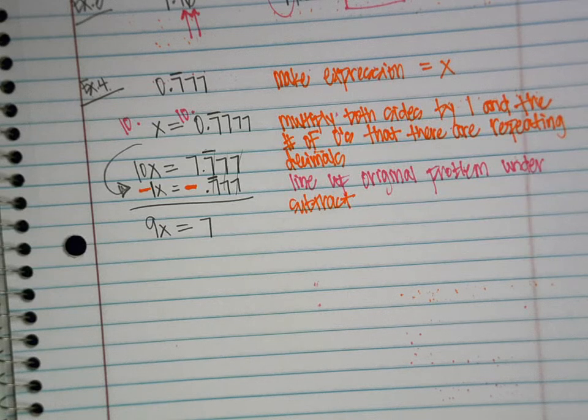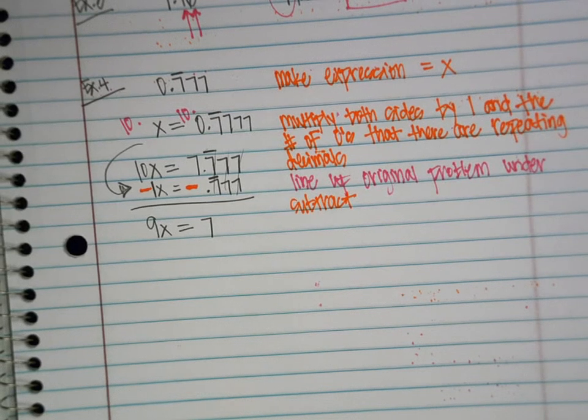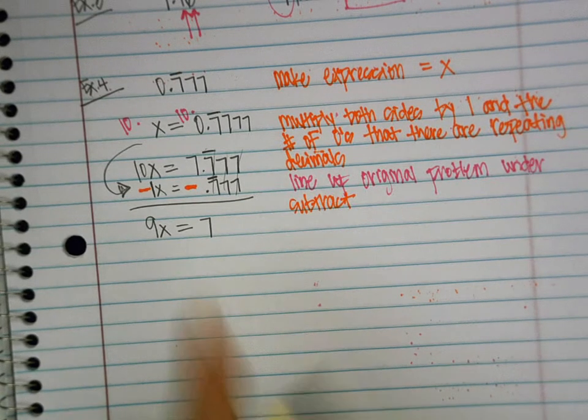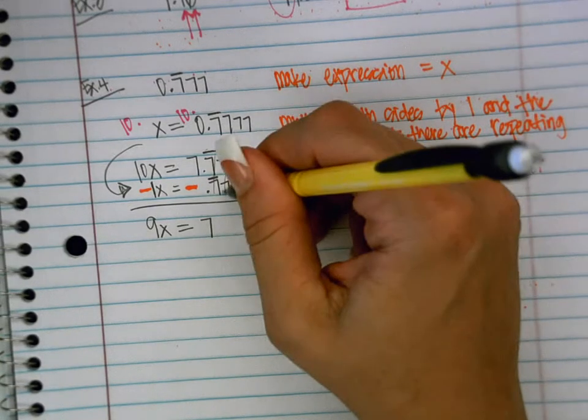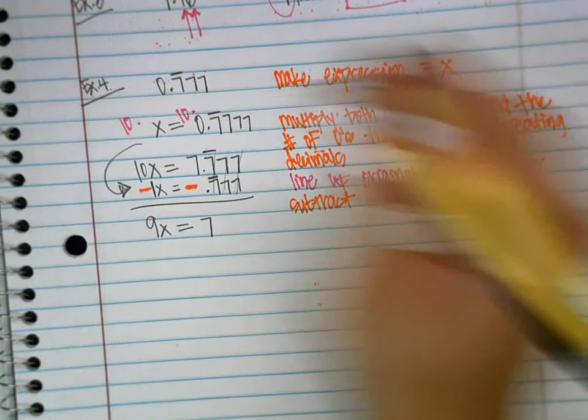Say that again? Can I redo one of what? Yeah, I'm going to do another one. Okay? So here, do you understand how I got 7? So these canceled out, that canceled out, that canceled out. Because we subtracted, this remember was a